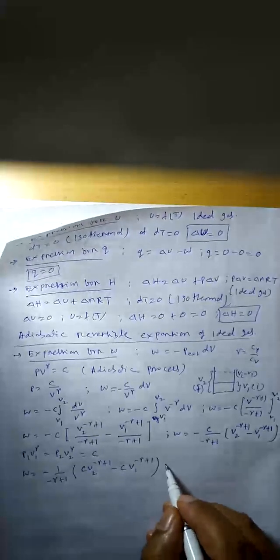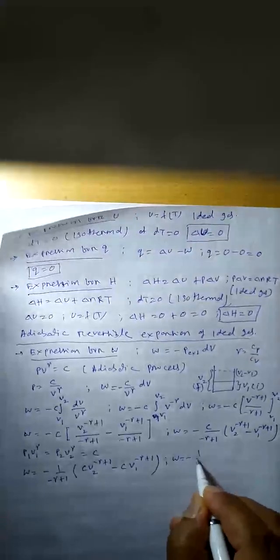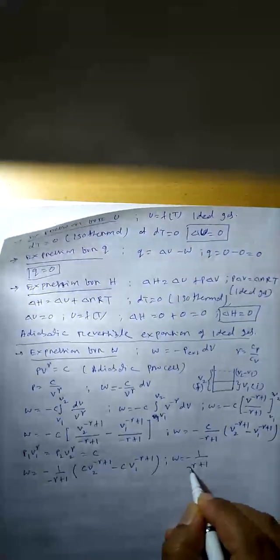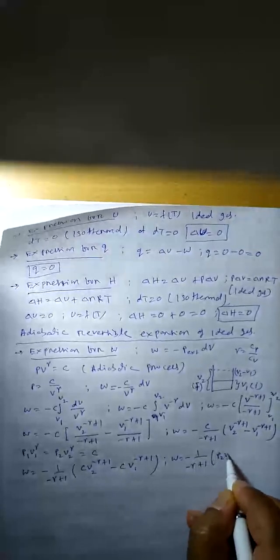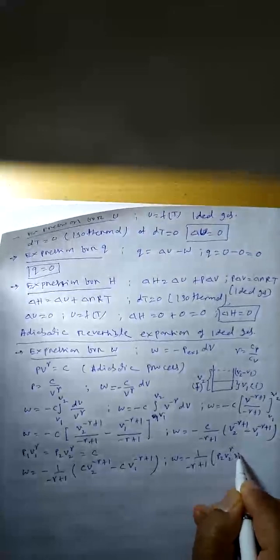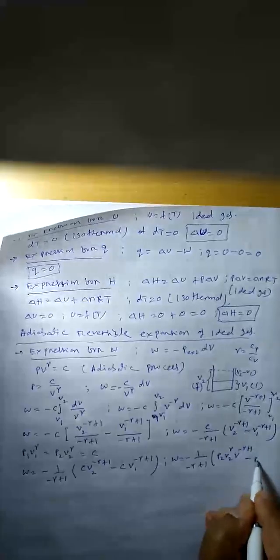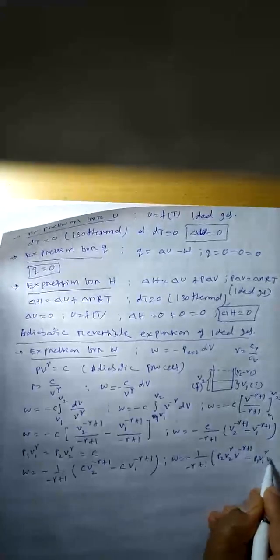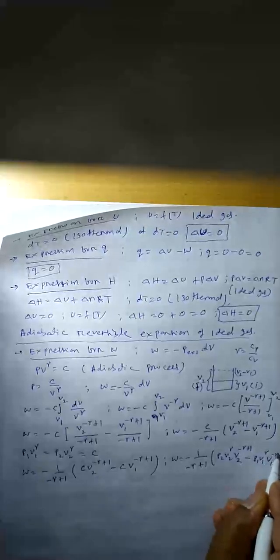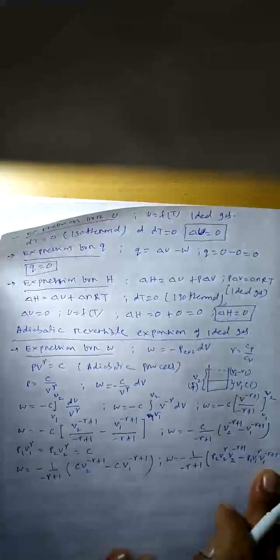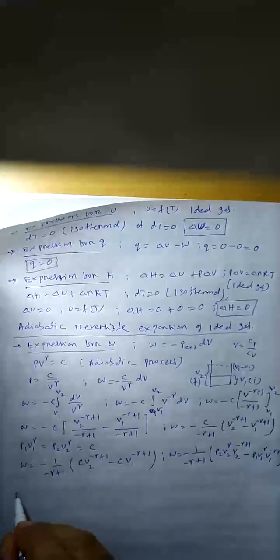Okay, if we put this value, then W is equal to minus 1 by minus gamma plus 1. In place of C, I write P2 V2 to the power gamma, V2 to the power minus gamma plus 1, then minus P1 V1 to the power gamma, V1 to the power minus gamma plus 1, this is the bracket. Then W is equal